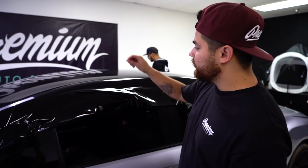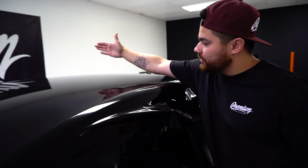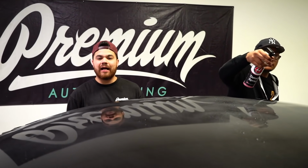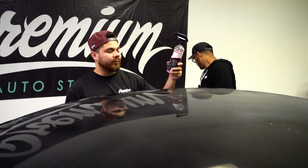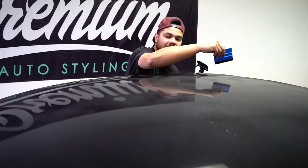At this point, what we're going to do is begin to squeegee the material, starting from the center, basically creating a hinge so we can work our way back and forward. So one thing that we do here at the shop, a little different than some shops, some people may not like to do this. We do it because we've seen a lot of success in it. We will grab any type of quick detailer or anything with lubricant to it, spray the top of the roof cap, and at that point it allows the squeegee to glide a lot better